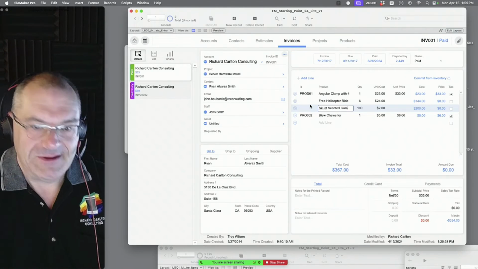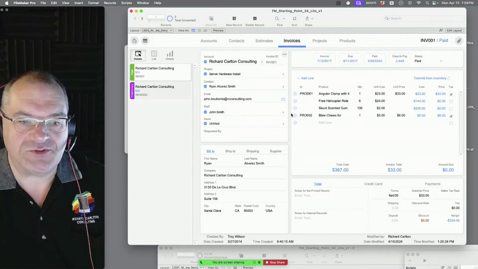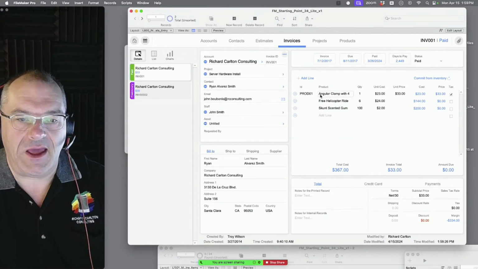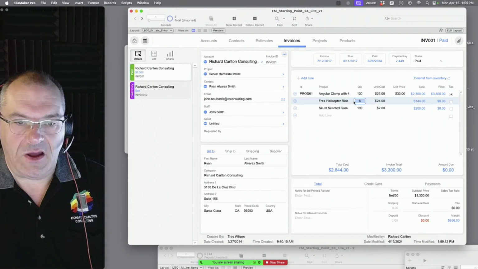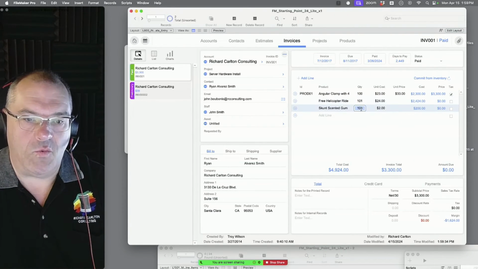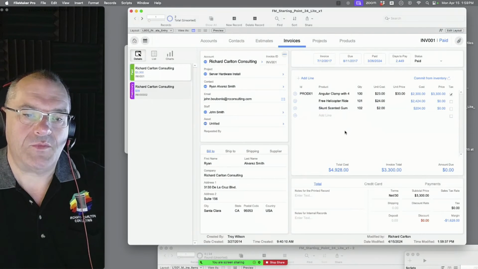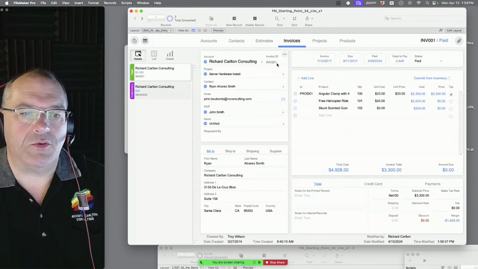That would suck, right? And then I'm going to get rid of the last one here. Delete line item. All right, so I have 3 of these right here, and it's going to be a quantity of 100, 101, and 102.